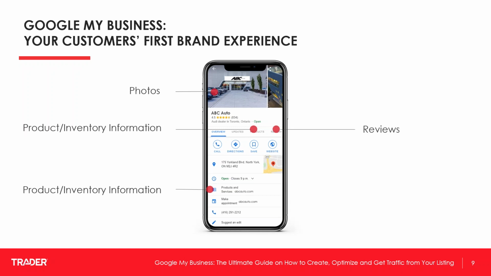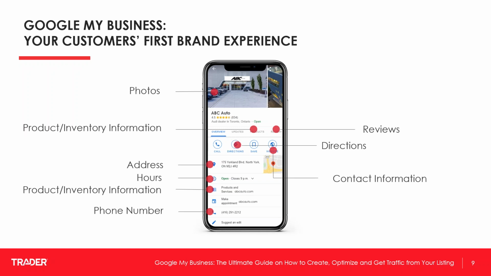How about reviews? Learning about the dealership and customers' past experience. All of that can be done before you get to the website. Contact information: Google My Business is full of contact information, directions, address, hours, phone number. All that information is readily available before the customer ever needs to come to your website. And they can even book appointments directly within Google My Business. So all of this functionality that our website handles, our Google My Business listing handles as well, directly within search results.